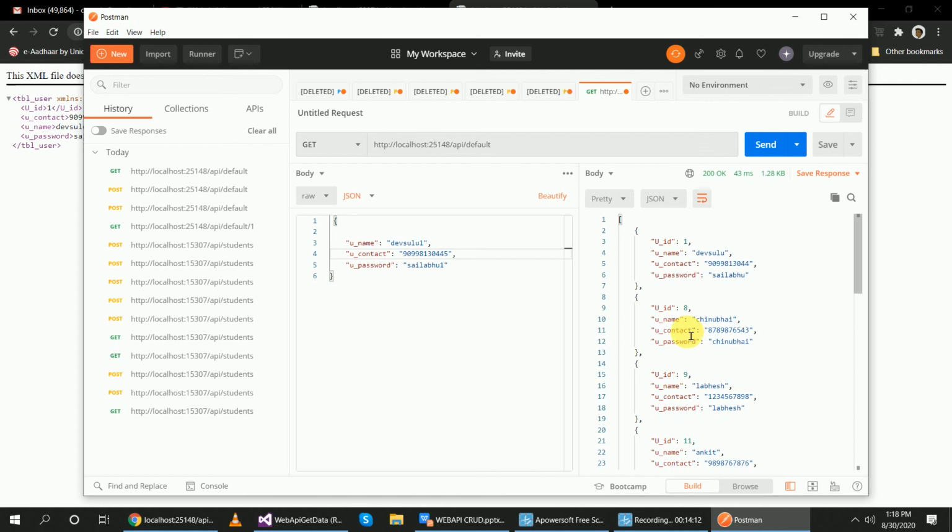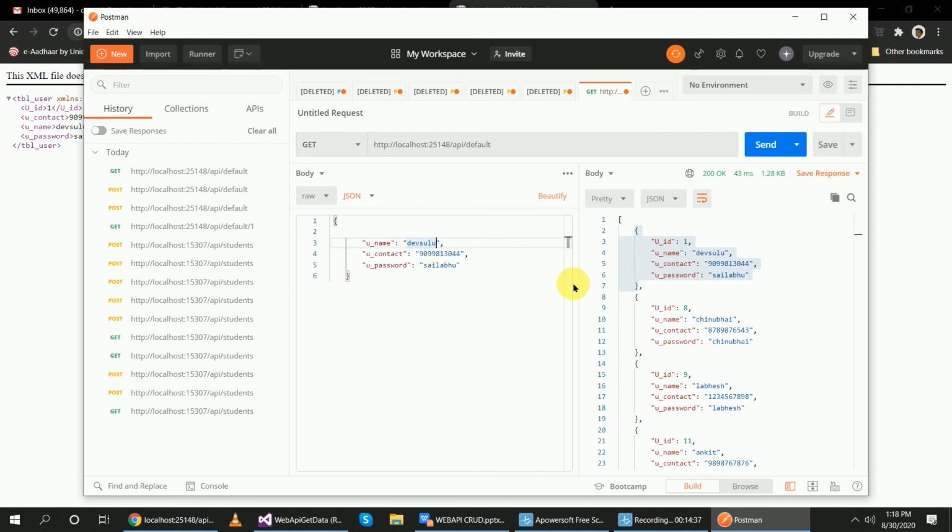Okay, from this code. Now if I want to post the data, what I will do, I will take one single record, copy here, and put a different record. And to insert the data, there is no requirement of ID because ID is auto incremented.